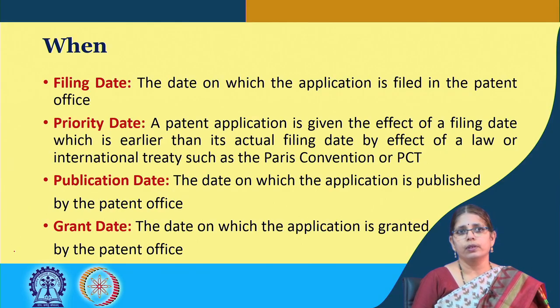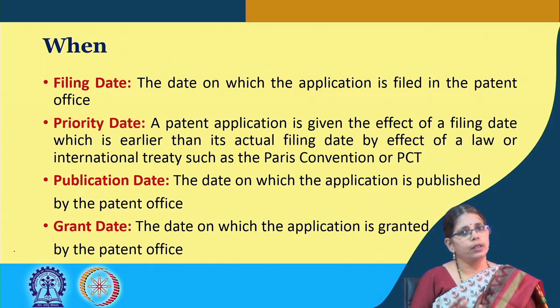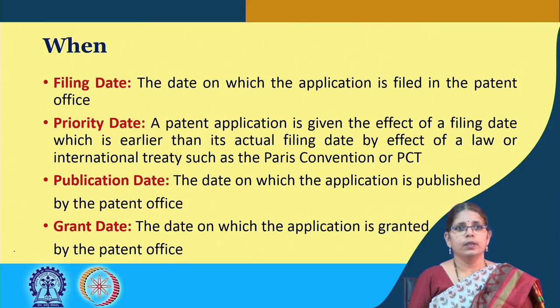The next one is what we call the publication date. Often you would find "published on." So, you would find the date published with respect to that particular patent application. Now, publication date is the date by when this particular patent is available for all the public to view. In terms of patent rights, you get what we call the provisional rights in relation to post the publication. Provisional rights are the rights which are operable from the date of publication of an invention, which means subject to the grant of this particular patent, your provisional rights